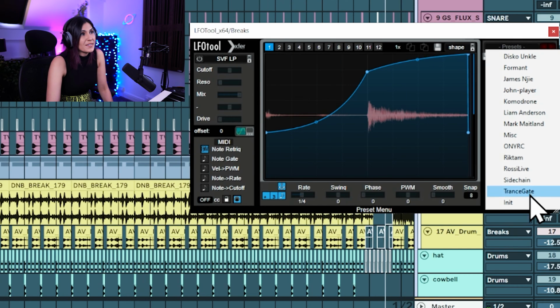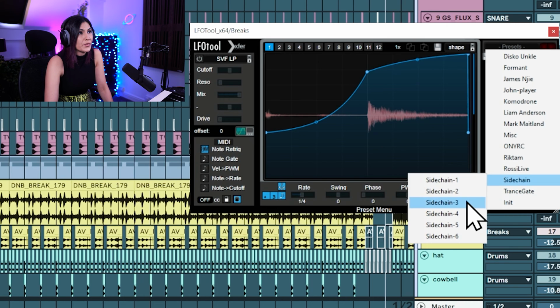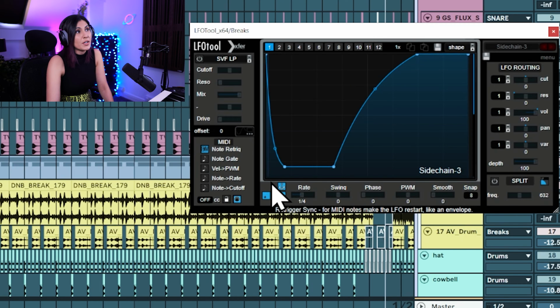And you have an array of presets on here, so I like to choose from one of the sidechain options. Remember to double click on the note retrig again so that that envelope MIDI comes in. So before, and then with the LFO tool enabled,